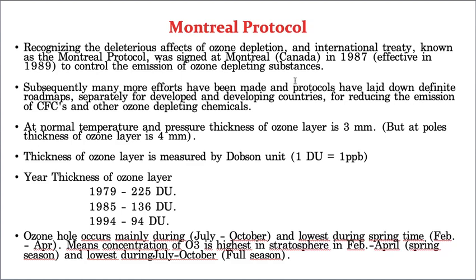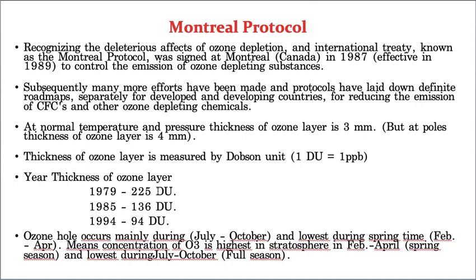They wanted to take some prominent steps to control these CFCs and also UV radiation so that the ozone remains safe. At normal temperature and pressure, the thickness of the ozone layer is 3 mm, but at the poles the thickness is a little higher, that is 4 mm. The thickness of ozone is measured in Dobson units, simply called DU. Year wise, in 1979 the thickness was 225 Dobson units, and